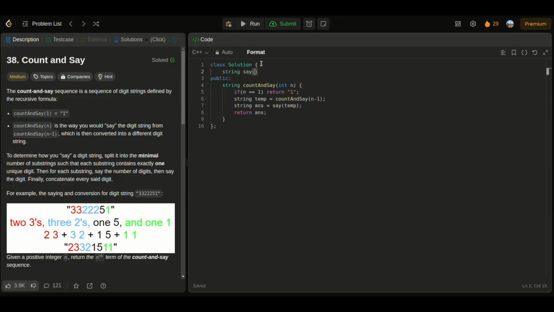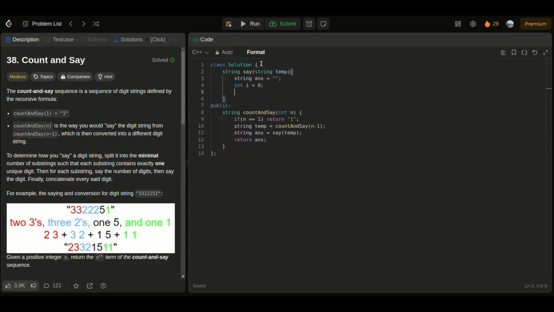String say, it is taking what? It is taking a string as an input, which is, let's name it as temp. Now what we were doing is we were actually making a string, let's say answer, empty string answer. Now we are running a loop to traverse the temporary string using the index I, which is equals to 0, pointing at the 0th index of the temporary string at first. We'll just simply try to do this using this only, while I is less than temp dot length. Okay, and in this loop